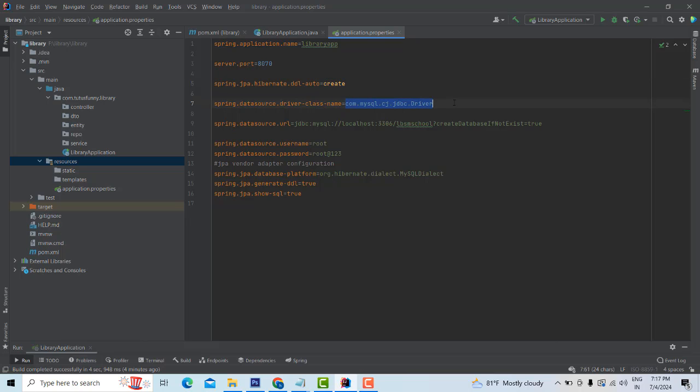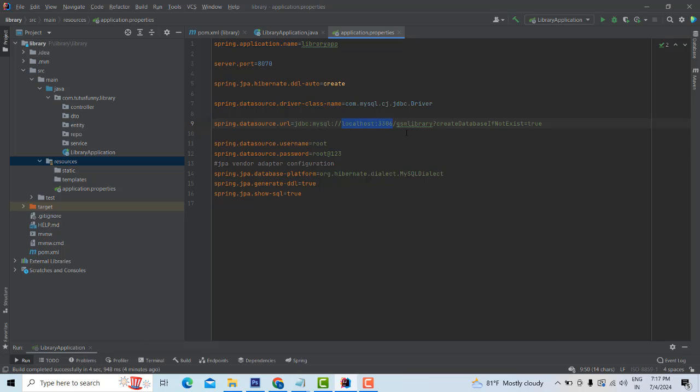When you configure the project, we have added MySQL. So the MySQL driver, which is nothing but com.mysql.cj, is the new version implementing the MySQL driver. This is the database name I am going to create: GSM library. Whatever name you want. So this is the port where my